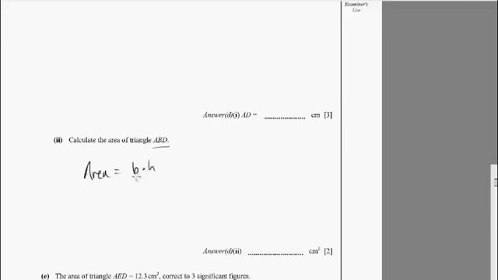Now be very careful when doing this question. Do not assume that the area of this triangle is the same as the area of this triangle just because these angles are the same. That does not imply they're the same triangles. For this reason,